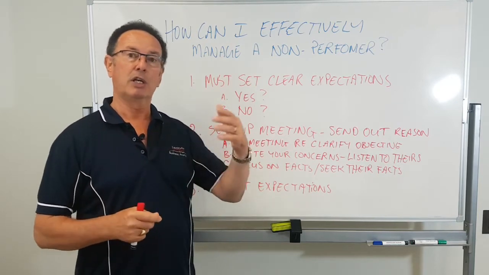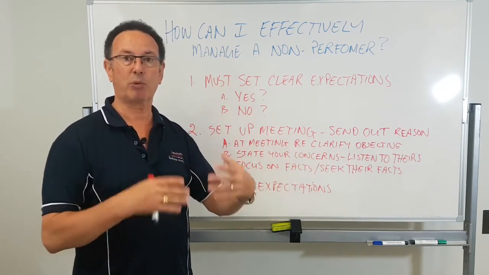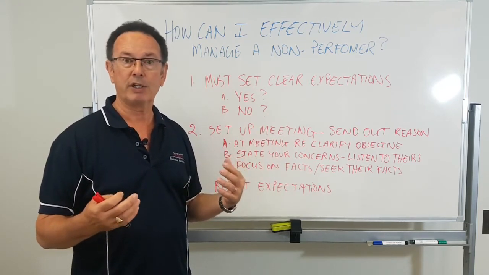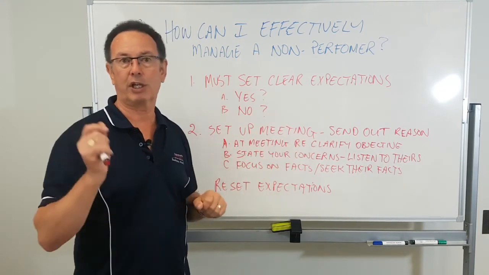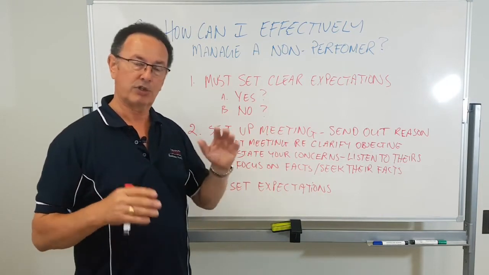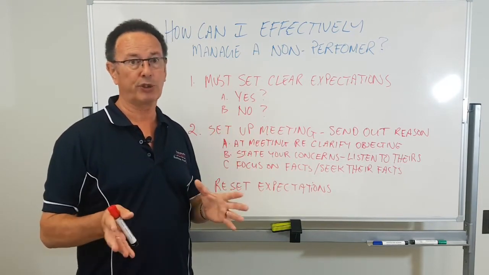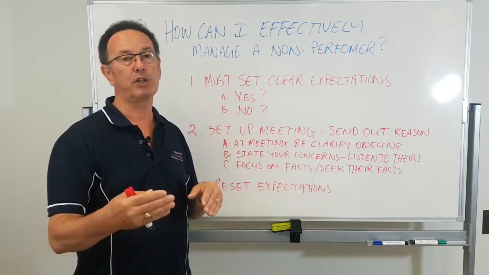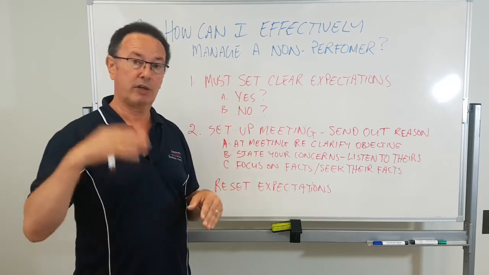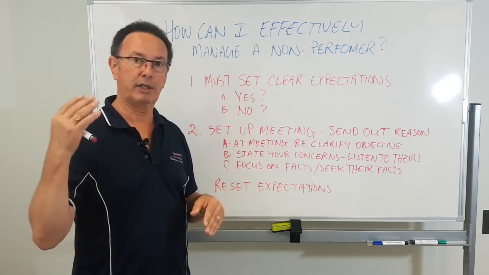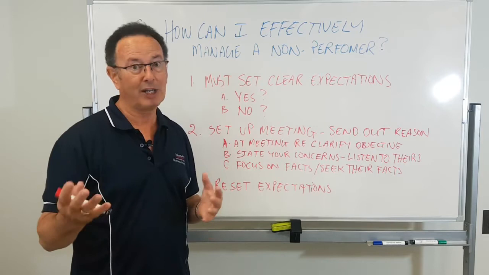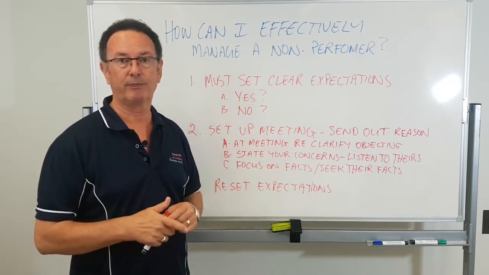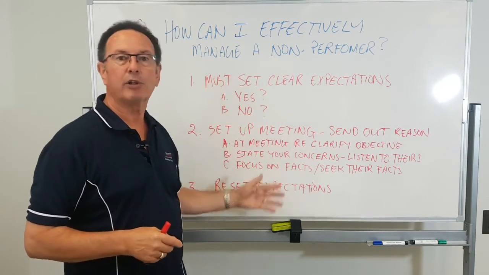You need to say, if you're successful in sticking to this plan and reaching the level of performance that I expect, then anything that goes before is a clean slate. You're starting with a clean slate. But however, you need to also realise that if you don't respond to this plan, then that could lead to disciplinary action, and therefore I have to escalate that to my immediate leader, and this could lead to ultimate termination. So be clear on your process.